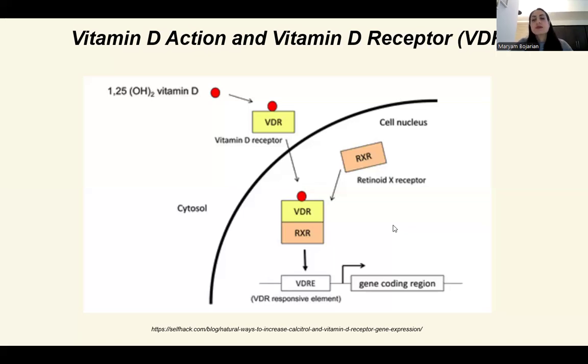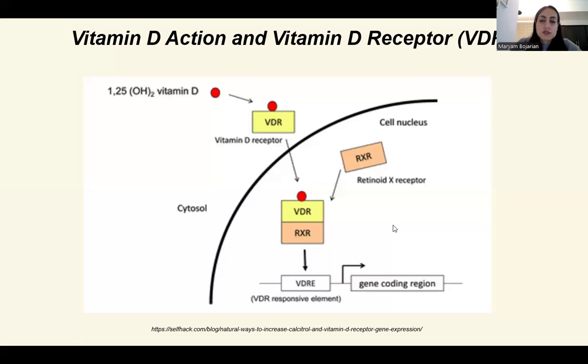And what type of receptor is VDR? The VDR is a nuclear receptor, meaning it sits inside the cell, basically in the nucleus, and it works like a transcription factor. It only becomes active when its ligand, 1,25 dihydroxy vitamin D, binds to it. And this receptor belongs to the same receptor family as the steroid hormone receptors and thyroid hormone receptors,